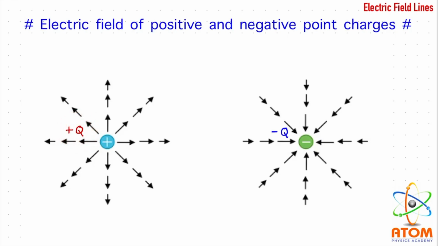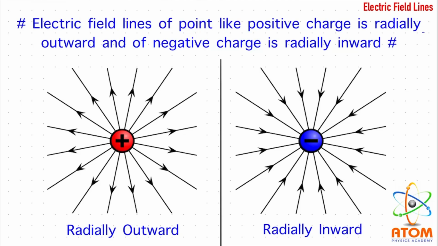Now, in the same way, if we place a negative Q charge in space, then all the electric field vectors will be going towards the charge. The reason is very simple. If I place a unit positive charge, then that unit positive charge will feel an attractive force towards minus Q. That's why the force vector is inside, and so the electric field vectors are also inside, or say towards the charge. Now if we connect all these E vectors, those are pointing in one direction, we get a pictorial representation of electric field in this way.